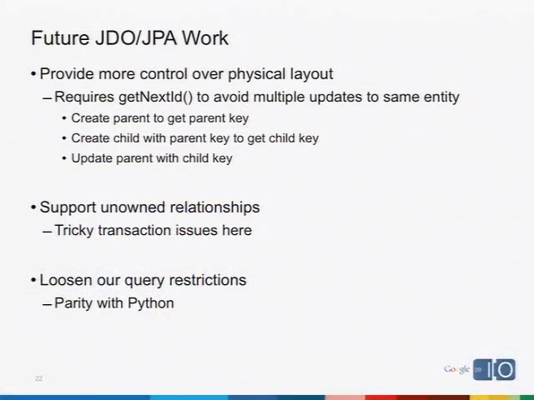What we did for Python, because we had a little bit of extra time, is we implemented those, we call it in user land. It's sort of part of the API layer itself. There's no reason why we can't do that for Java. We just haven't done it yet, but that's an important step. And then our JDO and JPA implementations are going to be a lot more filled out.